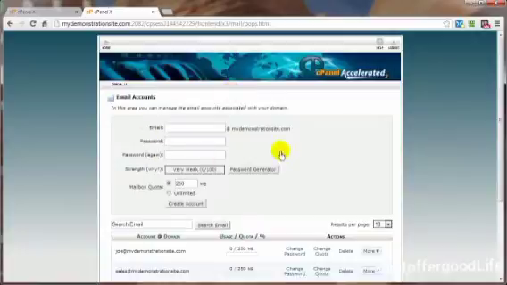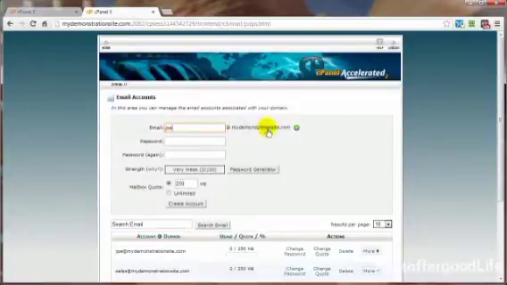Now, with this particular web hosting account, I can have as many different email accounts as I want. So, for example, if I were to hire some outsourcing work, I can assign an email account for that particular person or persons. And once they've completed their task, then I can just come in and delete that particular email account. So in this case, let's go ahead and add